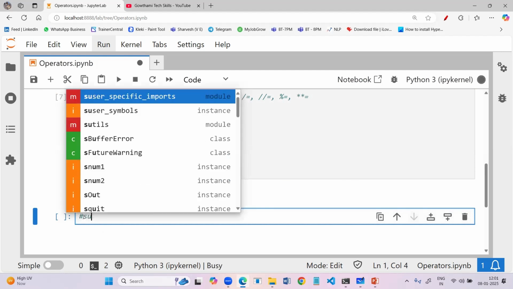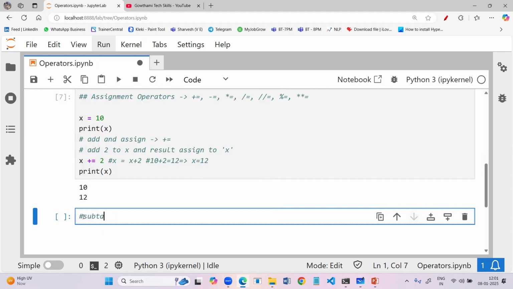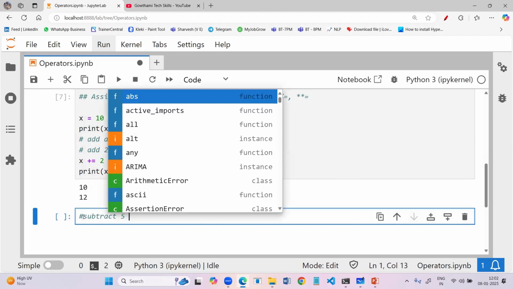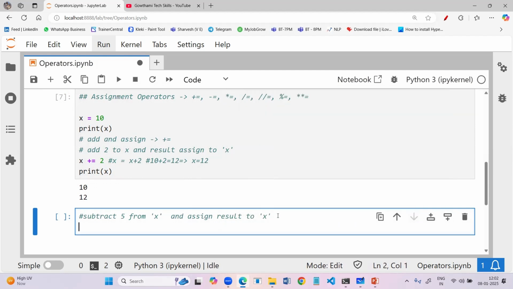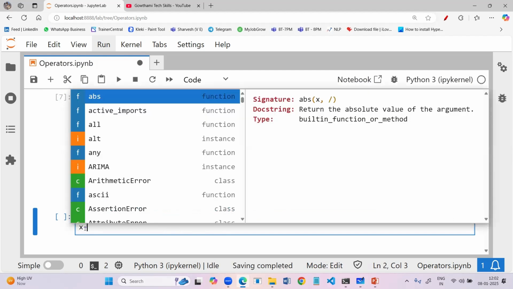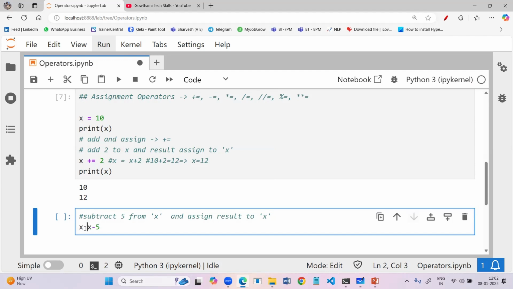I want to subtract 5 from the x variable and assign the result to the same variable, x. So x minus 5, and this result I'm storing into x. Instead of writing this, I'll write x minus equal to 5.